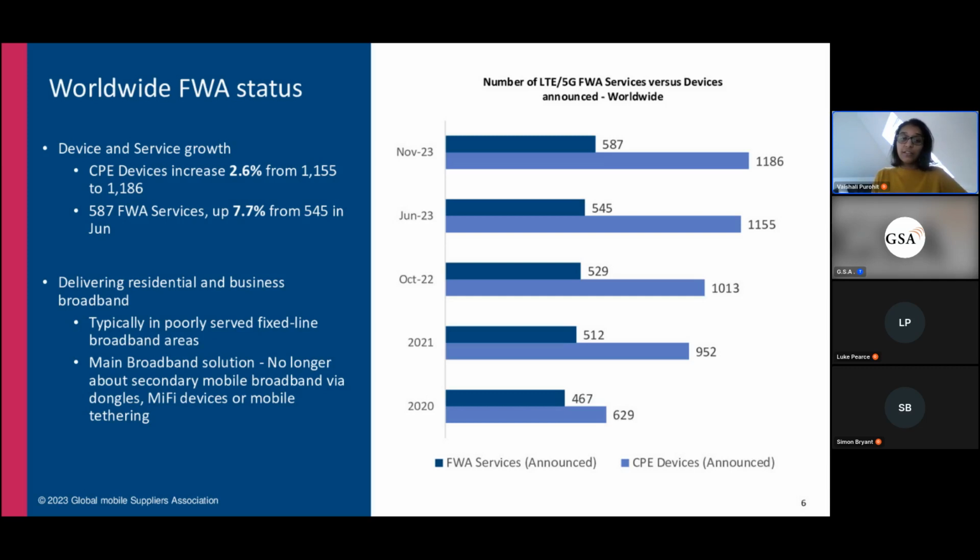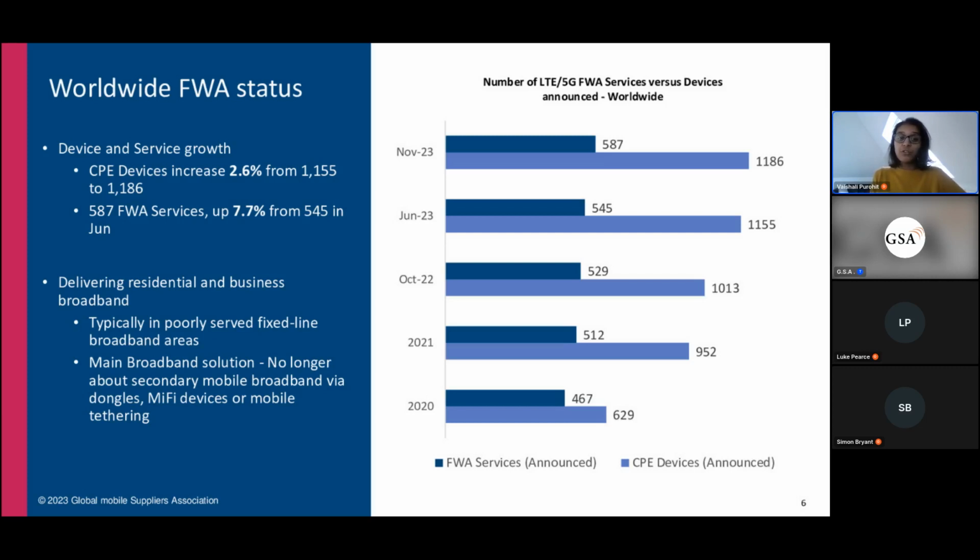It is worth noting that the increase in figures can be partly attributed to the GSA's reviewing of data sources, but the trend remains reflective. A large and growing number of operators are leveraging their capabilities to offer this additional service to both consumers and businesses for internet access. It is especially pertinent in countries with large rural populations or countries with a lack of fixed-line broadband infrastructure. Government initiatives to help connect the unconnected, the replacement of DSL, and the increased amount of work and school from home are significant trends accelerating its rollout.